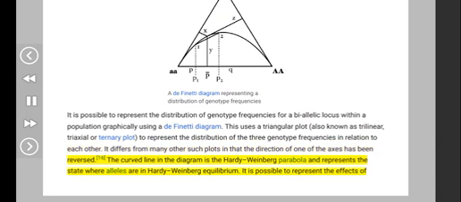16. The curved line in the diagram is the Hardy-Weinberg parabola and represents the state where alleles are in Hardy-Weinberg equilibrium. It is possible to represent the effects of